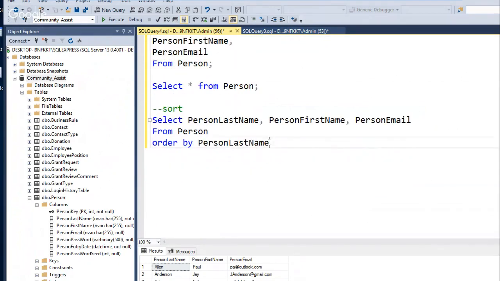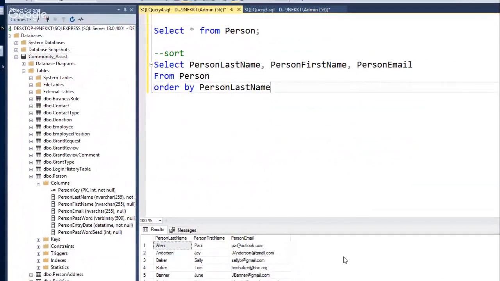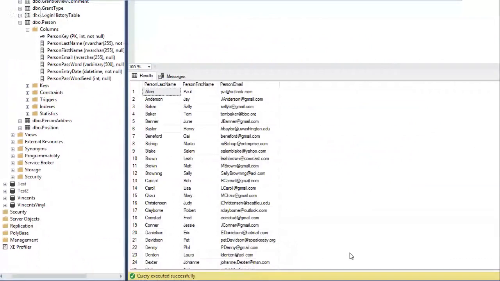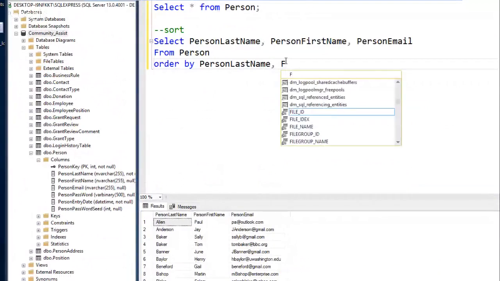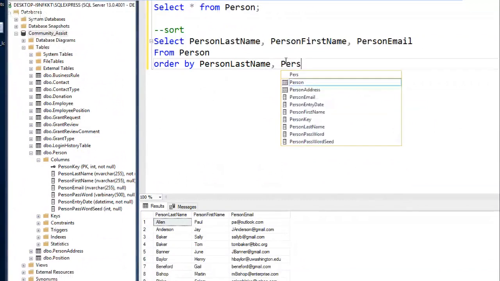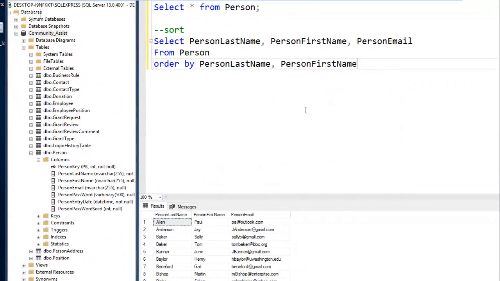All right, so this one, when we run it, we already did. Let's go down here. You'll see that they're in alphabetical order by last name. Order by does that. It sorts it by whatever column we did. Now, if I did first name as well, then it would have a secondary sort by first name. So if I run this,